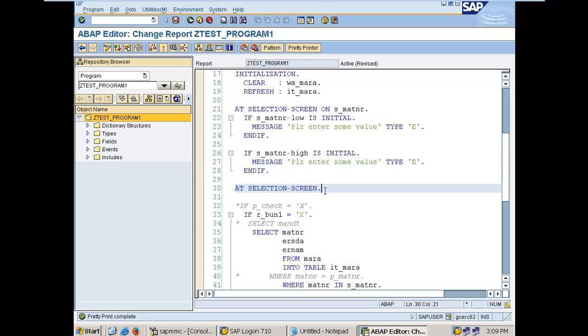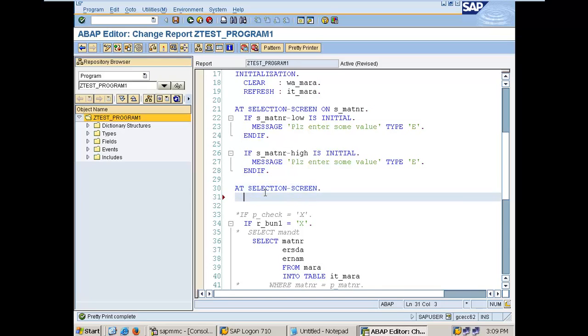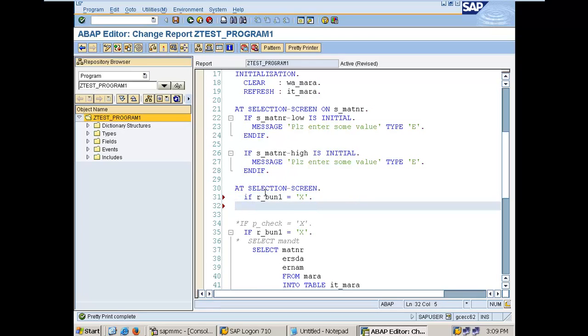I am doing some operation there, and then this event is triggered. So this event will be triggered once I do something, which means I do an interaction with the screen. So what I'm saying here is, if r_bun1 equal to X, message hi, type